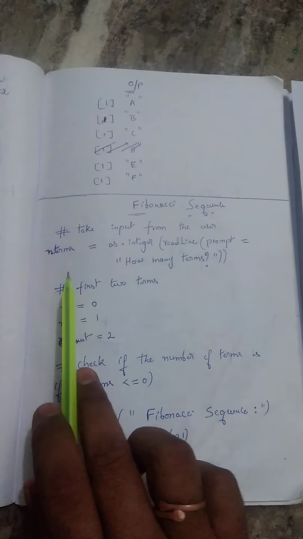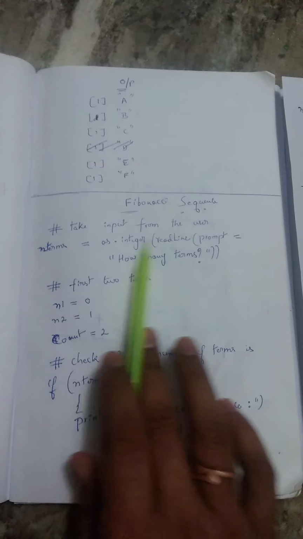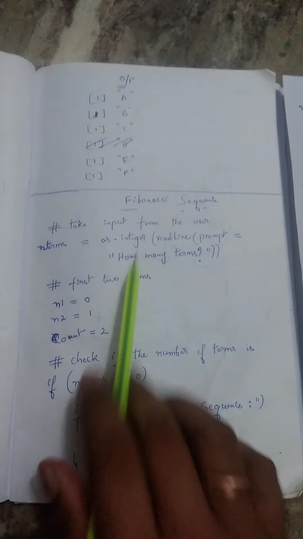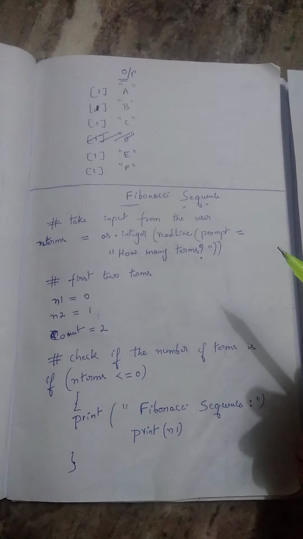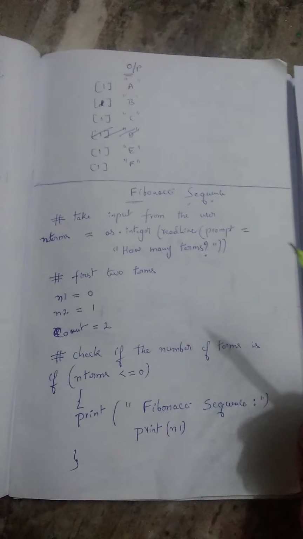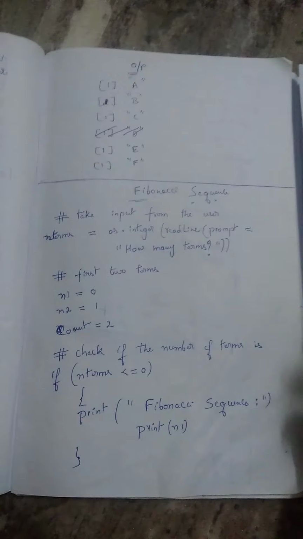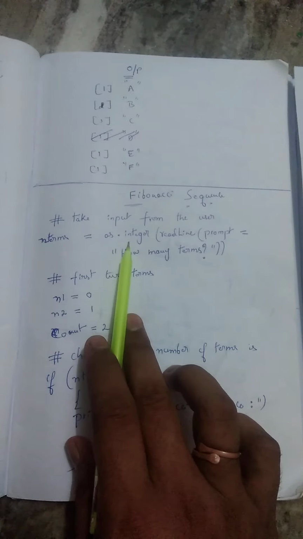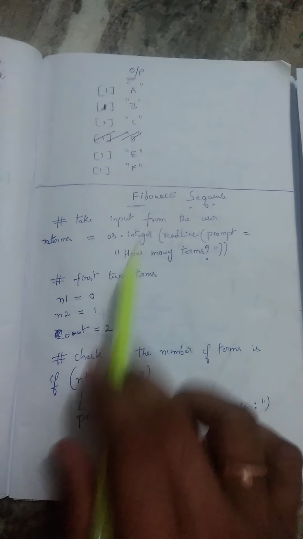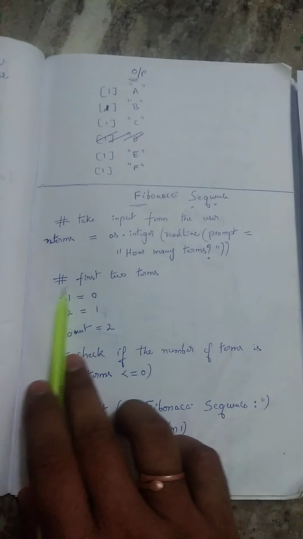we have some functions in our programming language, integer and readline. With the help of the integer function, we give the nth integer value, and readline reads the line. What are we reading? How many terms we are giving. This is the readline function and the integer function. Next is the comment, which you already know.